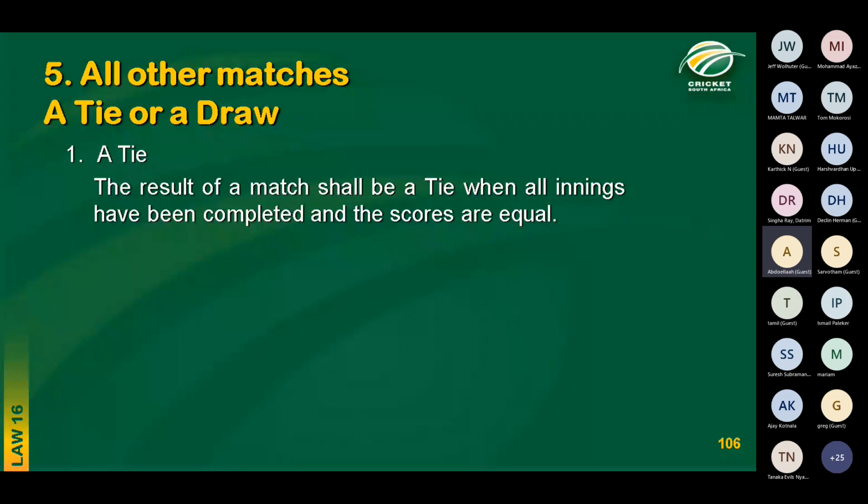So the important criteria here is firstly, all innings need to have been completed. So side A needs to have completed their first innings and their second innings, and similarly side B's first innings needs to be completed and the second innings needs to be completed. And if you then add up the scores of both sides' first and second innings and the scores